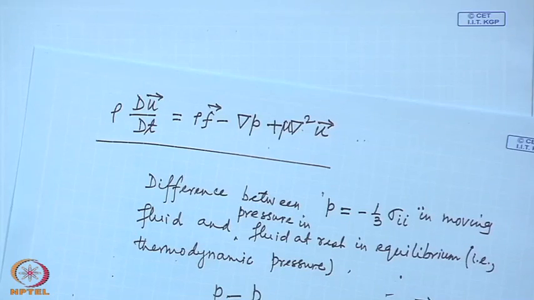The way we made the deviatoric stress tensor Dij equal to Aijkl dUk/dxl, similarly here also we can write that P minus P thermodynamic is proportional to the velocity gradient tensor, and hence can be written as Bijkl dUk/dxl. And again using that isotropic nature, ultimately it can be brought to here. That complete derivation I wanted to exclude, but this is the way. Once again you can try it yourself.